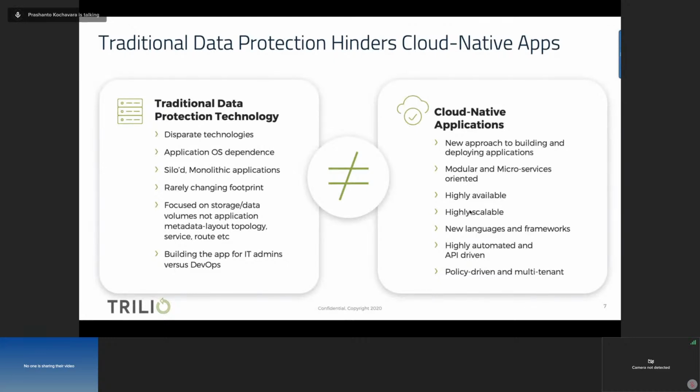right fit. With traditional data protection technologies, you also have an application OS dependence that we spoke about. They're siloed, they are focused on monolithic applications. These applications do change footprint, but it is very rare. They are generally focused on the storage or the data volumes, and they do not focus on the metadata layout, the topologies, and so on. And from a persona perspective, these traditional solutions are focused more towards infrastructure admins versus developers